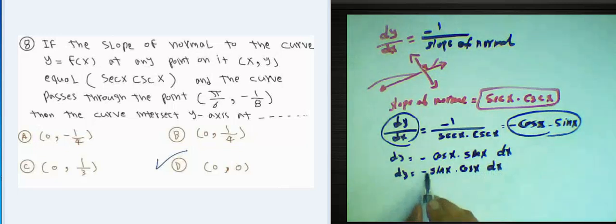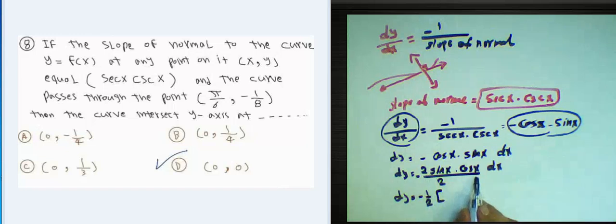Multiplying by 2 and dividing by 2, with the negative outside, dy equals negative half times 2 sine x cosine x, which means sine 2x. Okay, we used the identity that 2 sine x multiplied by cosine x is sine 2x